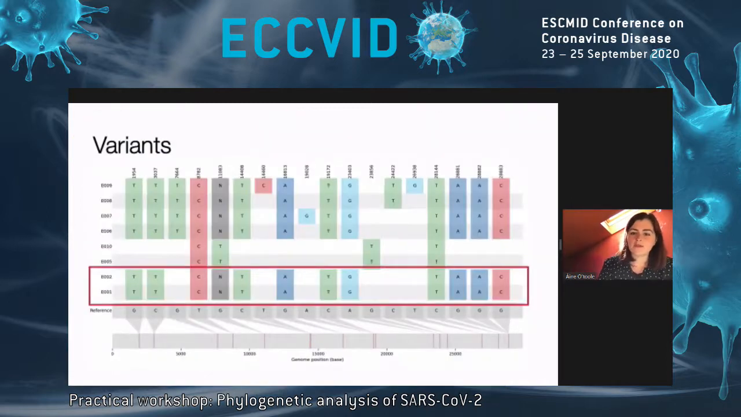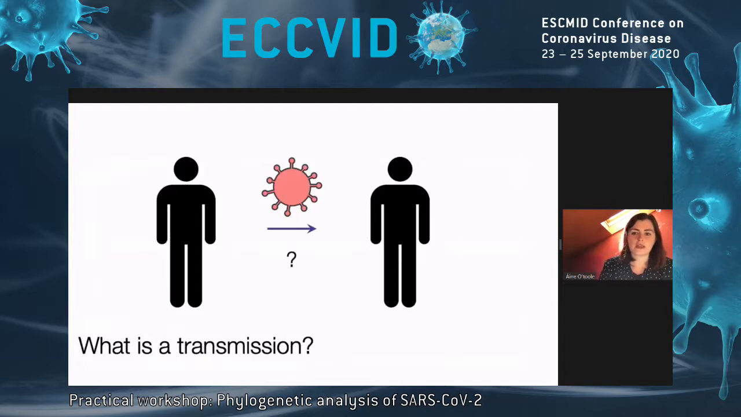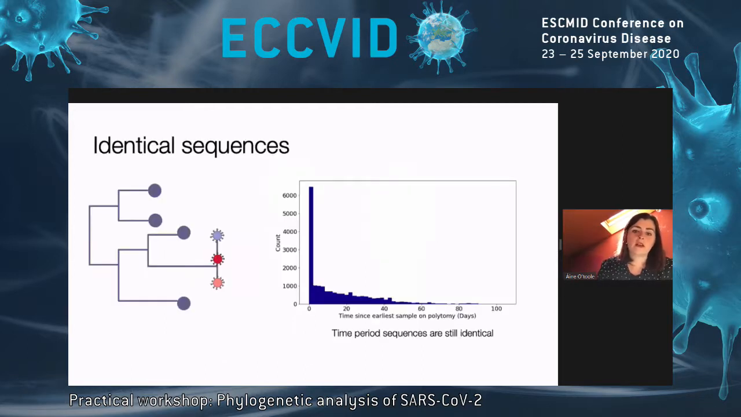And it can be very tempting when seeing 2 identical viruses to say that this proves transmission. However, the question that we can ask from this data isn't what is a transmission, but rather what isn't. If we look at the phylogeny on the left, we see 3 sequences sitting here on what we call a polytomy. So they all lie on the same branch,